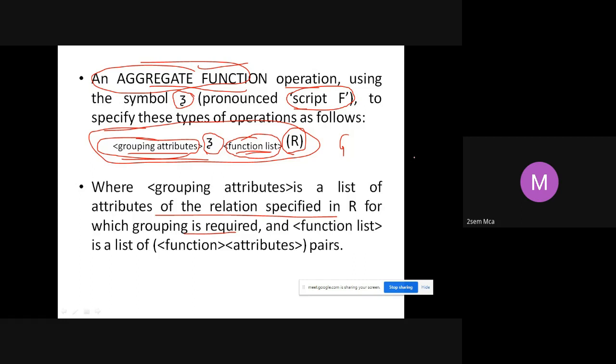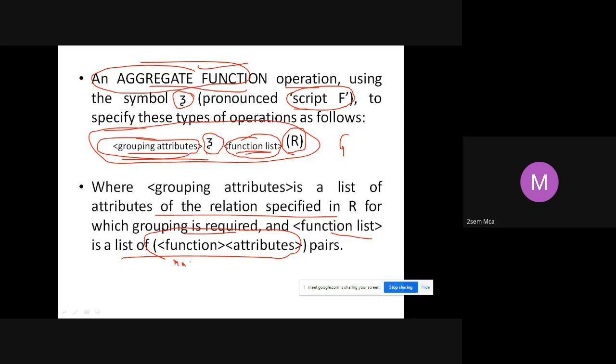What is your function list? As I told you, the function list is always written in this form: function, attribute, pair. What is the function that you are trying to apply, and on which attribute? One example, that's why I gave you. What is the function that we applied? The function was max. Here we wrote max, right?